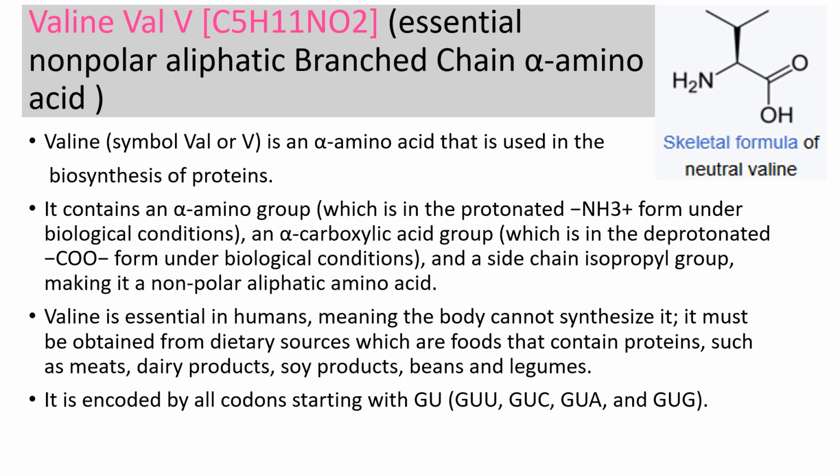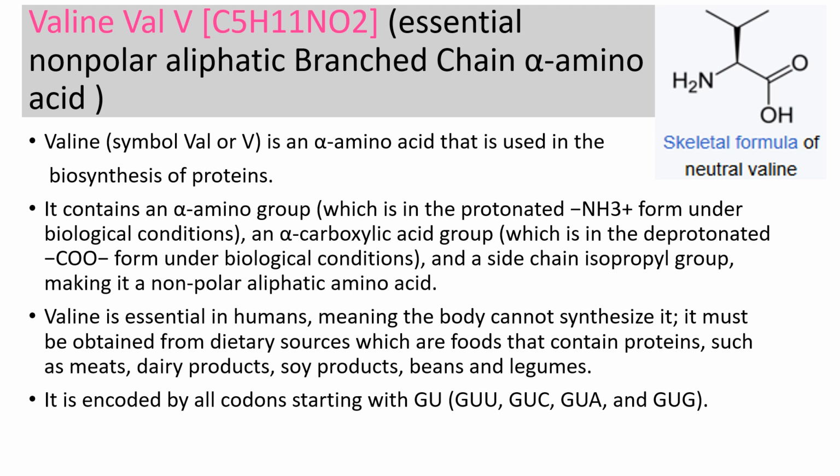valine. Valine is a branch chain of alpha amino acid, non-polar, aliphatic, and essential. Okay, valine, the nomenclature is just VAL, so you can remember VAL or V. Is an alpha amino acid that is used in biosynthesis of proteins. It contains an alpha amino group which is in the protonated NH3 form under biological condition, alpha carboxylic group which is in the deprotonated form under biological condition, and a side